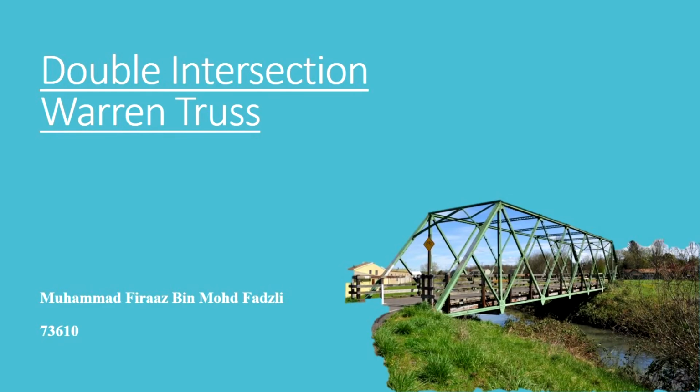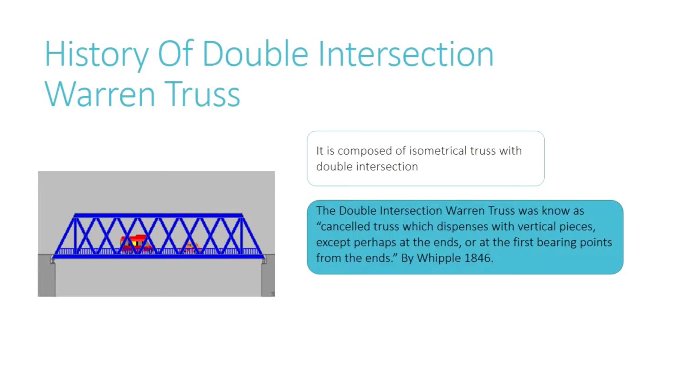I would like to present about double intersection Warren Truss Bridge. First of all, I would like to talk about this double intersection Warren Truss Bridge. It is composed of isometrical truss with double intersection and known as cancelled truss, which dispenses with vertical pieces except perhaps at the ends or